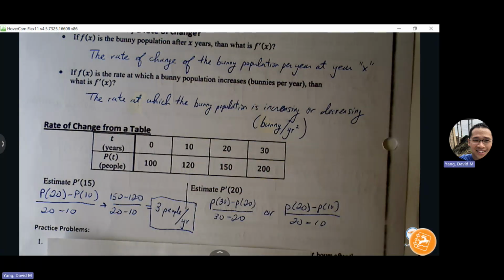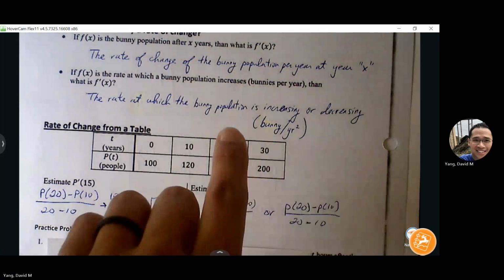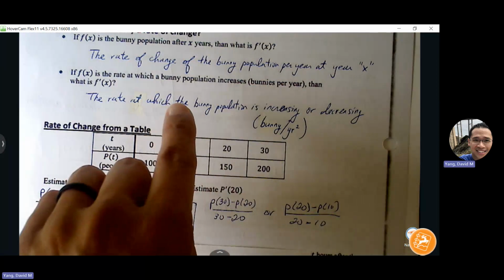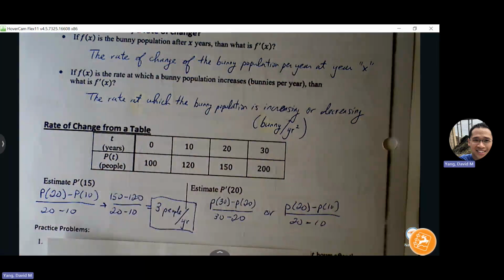So if f of x is bunnies per year, then f prime is going to be bunnies per year squared. If the question were phrased correctly, it would be how many bunnies are produced per year, or something. If f of x is the rate at which the bunny population,